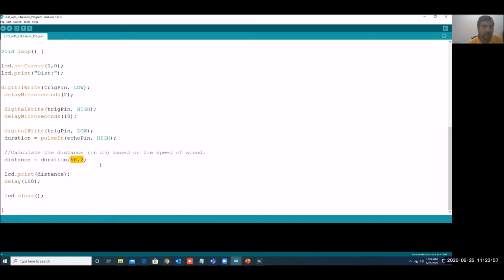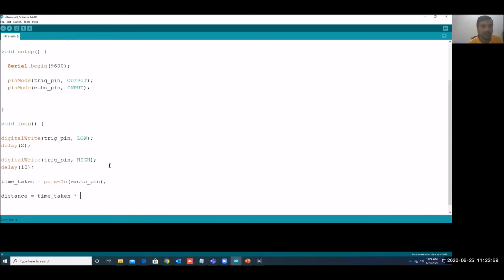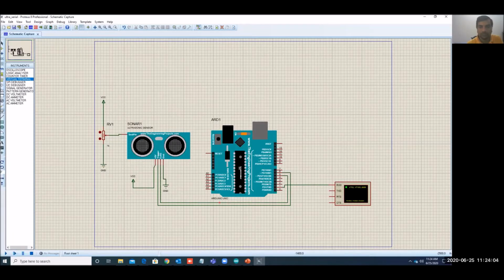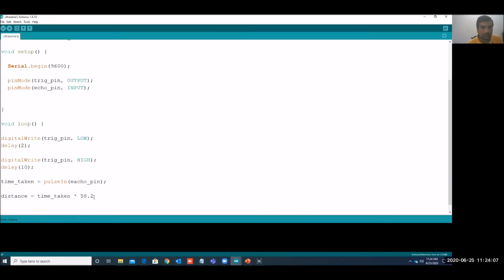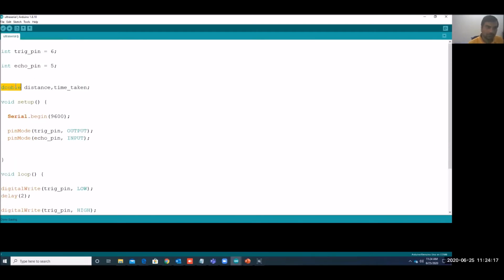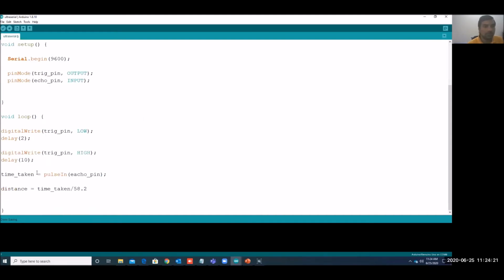To convert this, we can give this time, and we can give it to long. So time taken will be pulseIn. Now once we measure the distance, we can write data into the serial monitor.